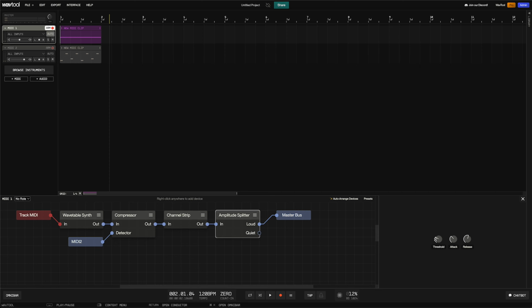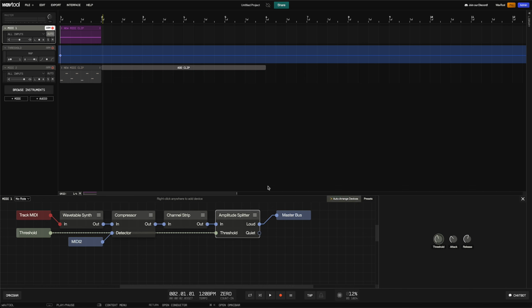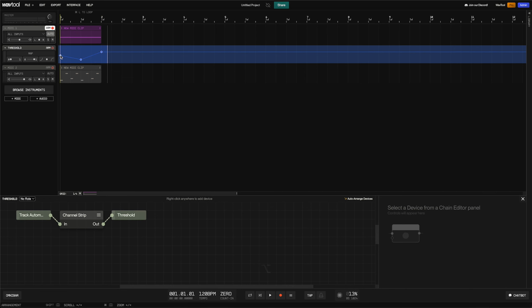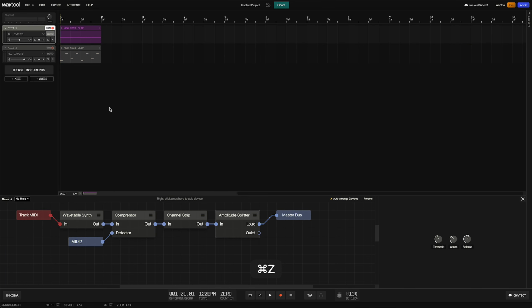As I move the threshold knob, we're choosing what the boundary between loud and quiet is. And if we wanted to, we could even automate this parameter. I can do that either by right-clicking and adding an automation track, then option-clicking to add automation points in the timeline here,